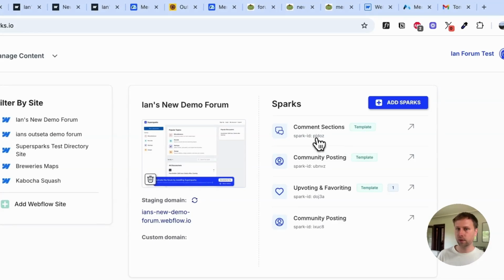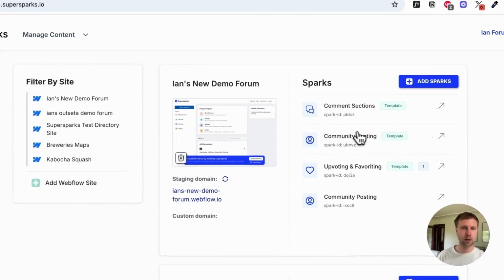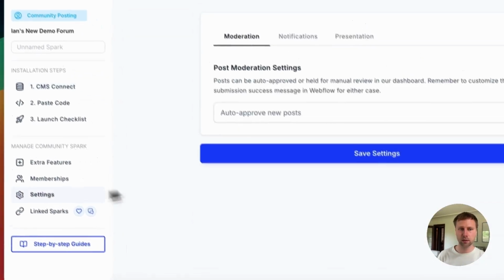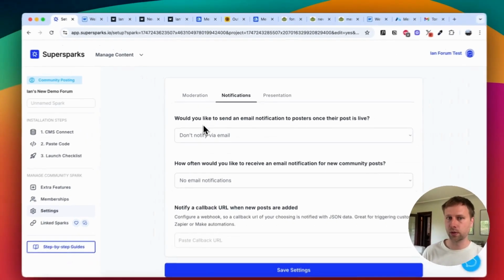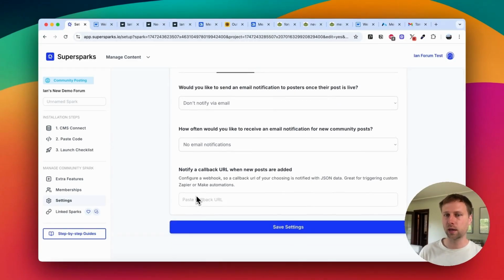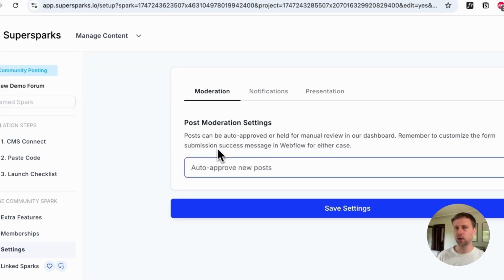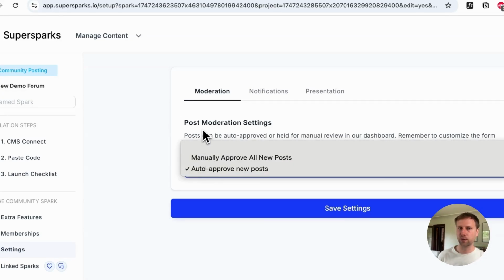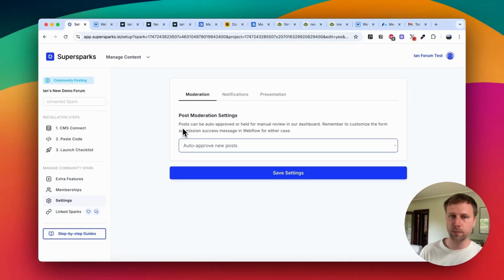So yeah, since a lot of these Sparks come pre-installed with the template, you can see what they are here. You can just click on these, and then if you go to the settings section, you can adapt different settings. For example, you can choose to be notified when a new post gets added, and you can also configure a webhook. And then also the different moderation settings, so you can make it so there is a layer of triage,